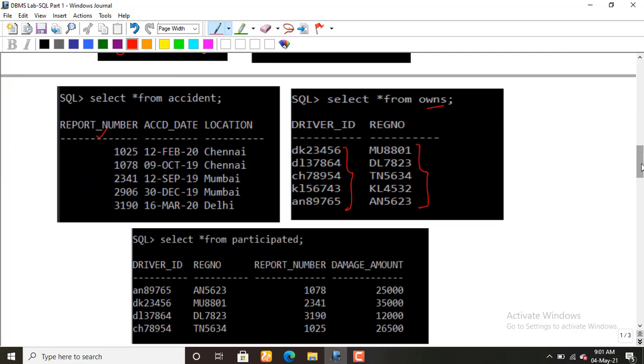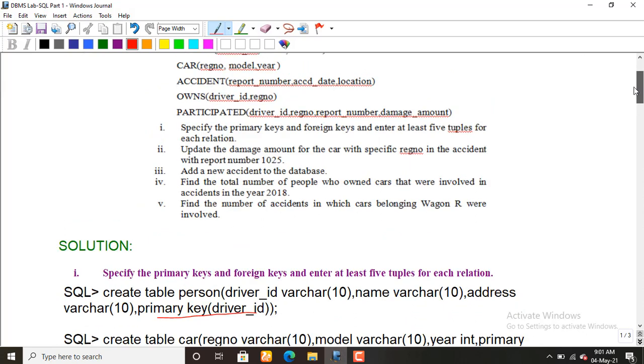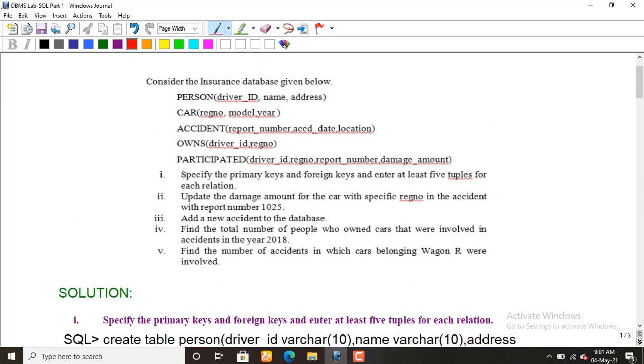Actually this question is typically a very simple one. See the remaining part of the question. The first question is about populating the data, the second question is about update, how to use the update clause in the table car, and next, add a new accident to the database, this is about the insert clause.